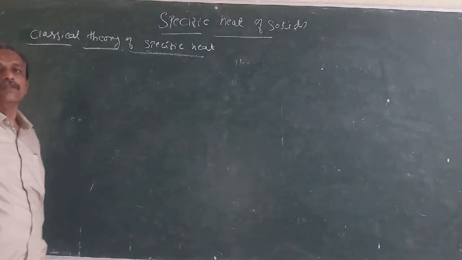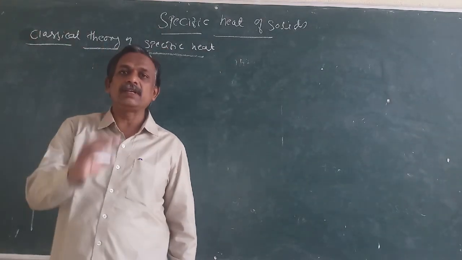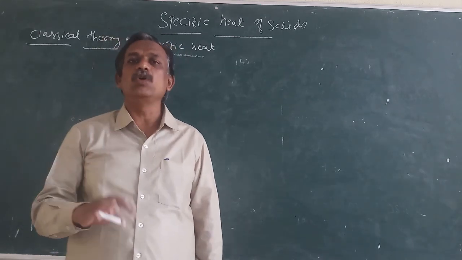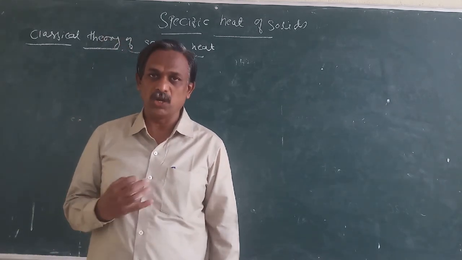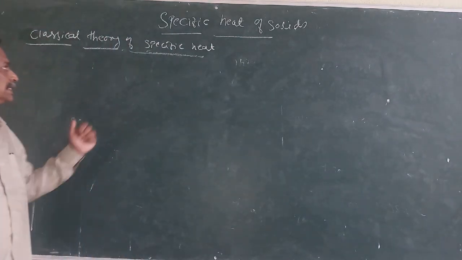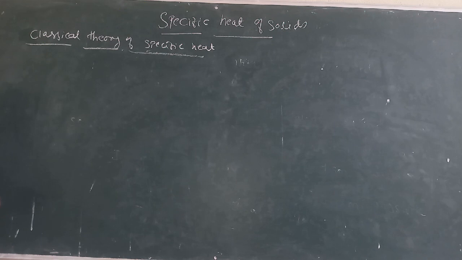From the classical theory of heat, we will derive the equation for specific heat, and from this derivation we will define the Dulong and Petit law. First, we will derive the equation for the classical theory of specific heat. According to